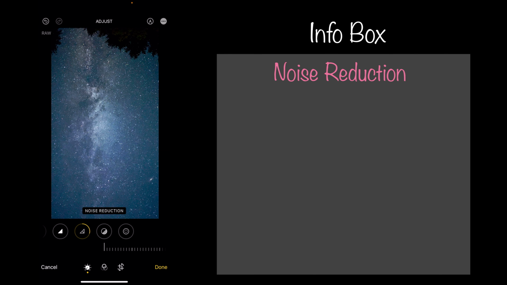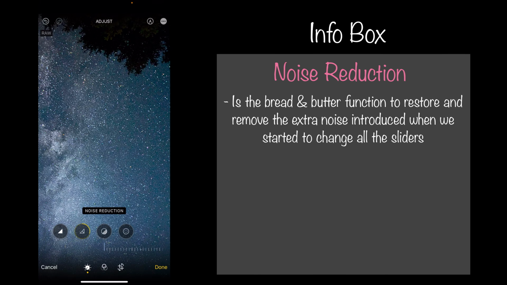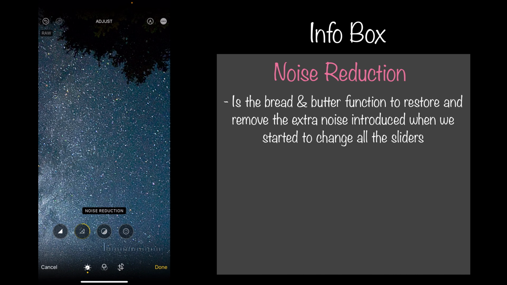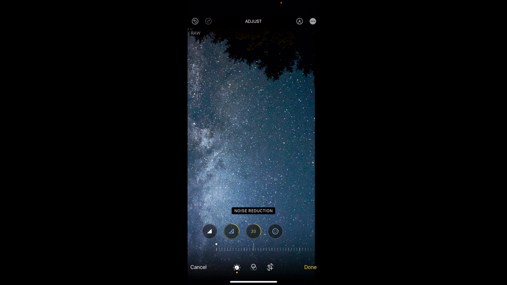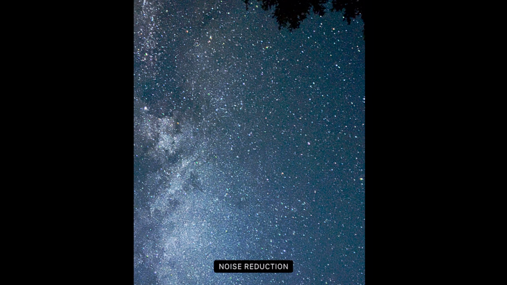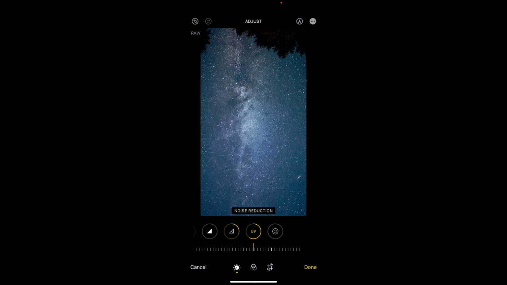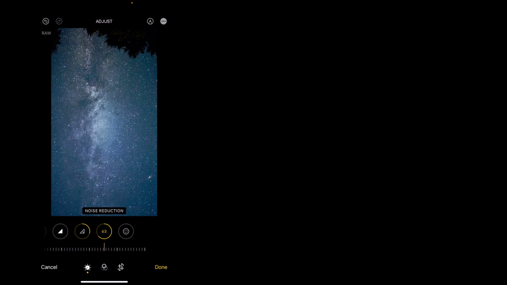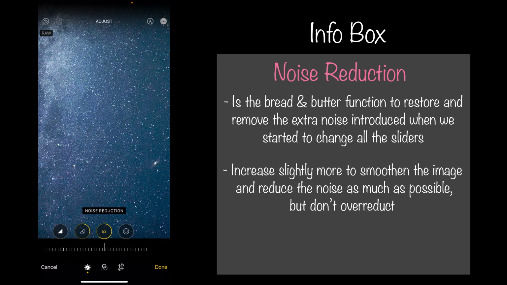And now the noise reduction. Okay, the noise reduction is gonna be the bread and butter of the entire edit, because everything we did until now, we induced a little bit of noise in the image, a little bit more, to be honest. For some reason with the app, sometimes it's working, sometimes it's not. If you increase the noise reduction a lot and decrease and increase and decrease, you don't see much difference on the image, but on the final image you can see this difference. But at this time we will increase a little bit more than a lot, usually 50, 60, 70% the noise